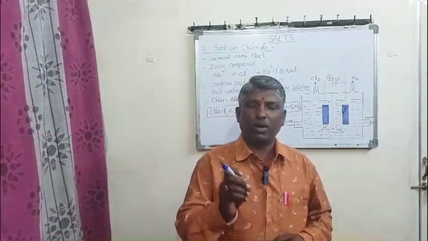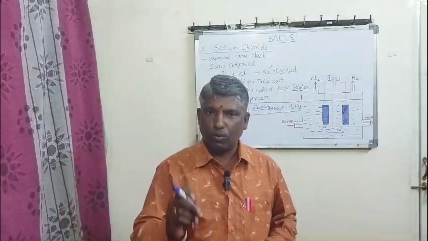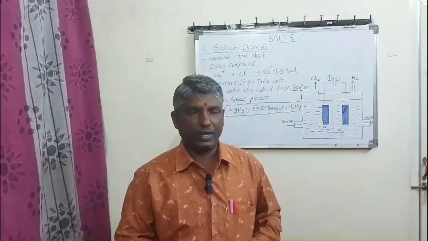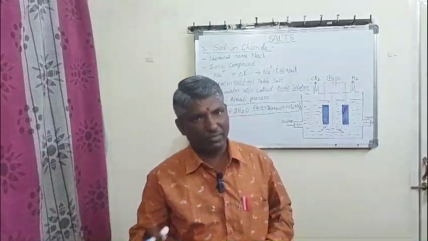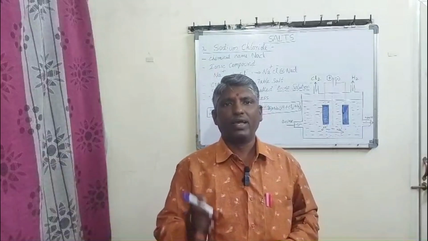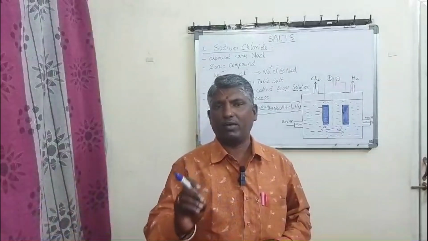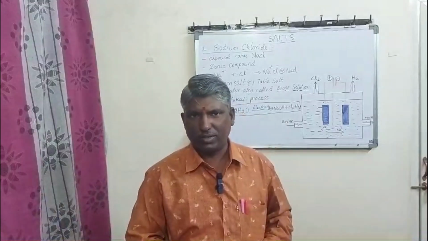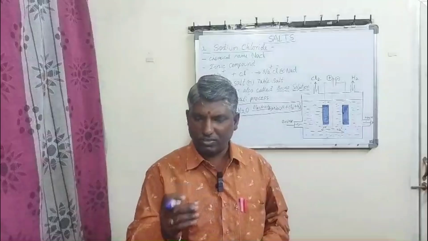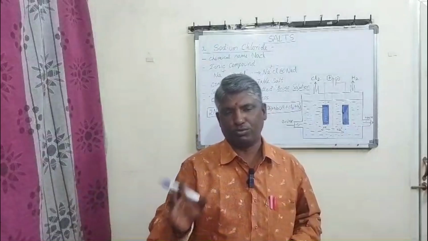Here sodium loses one electron and turns into an Na plus ion. Chlorine gains one electron and turns into a Cl minus ion. The Na plus ion and Cl minus ion are joined by an ionic bond and finally form the NaCl ionic compound. Therefore it is an ionic compound. Salt also dissolves in water very easily. If salt dissolves in water, it is called salt water or brine solution.